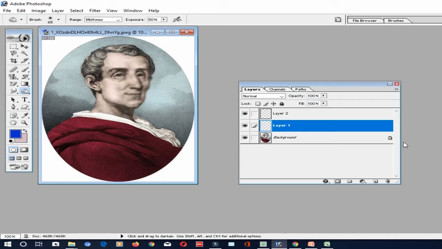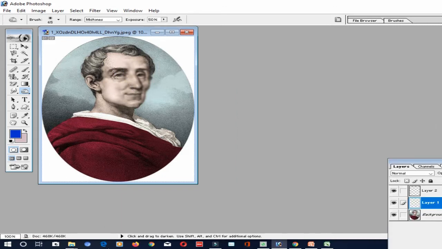Next is working with text. So how will you include text in your image? It will allow you to type the text horizontally and vertically in Photoshop. You can move the text horizontally or vertically as desired. For this we need to use the text tool. This is the text tool. So let's see how to insert and move text.